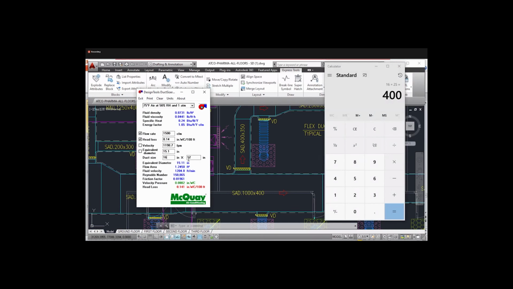But the head loss is greater now. It is beyond 0.14. It should be below 0.14. So we can't take an odd number, we will go with an even number. So instead of 13, we will go 14. 14 into 25, 350. So it's correct. It's the perfect size, 400 by 350.